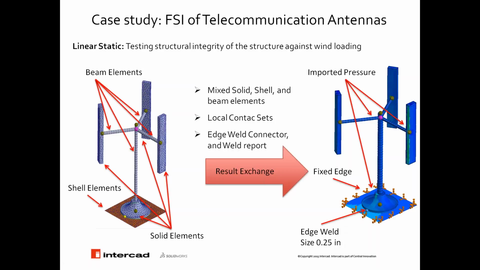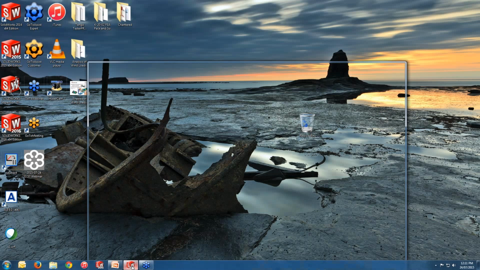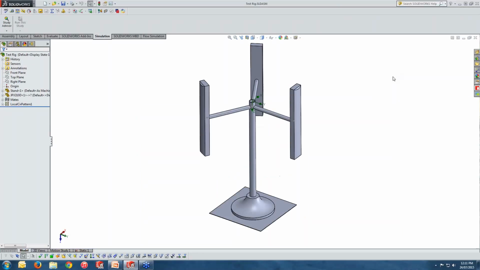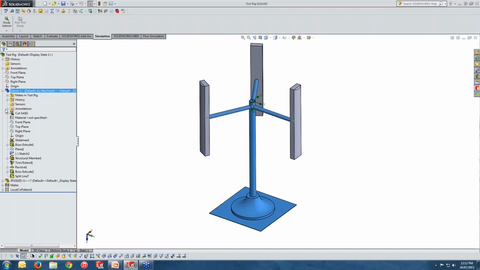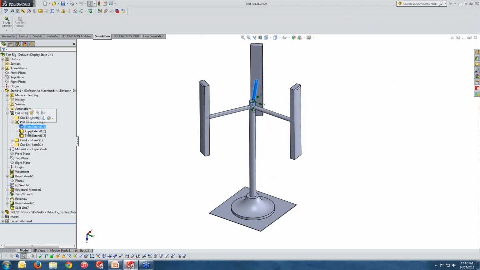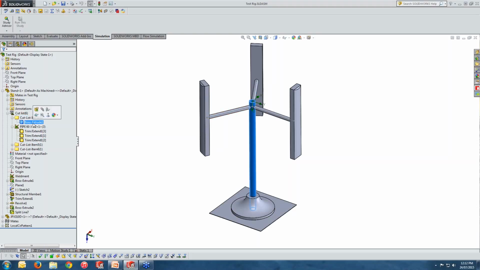All right. Now it's time to look at the case study. Let me switch to my case study and bring this one to the screen. As we said, here is our model. We do have the stand as a multi-body component, and we can review what we have here. We have some beam elements, weld profiles, these three objects, and also we have some solid objects like this one,